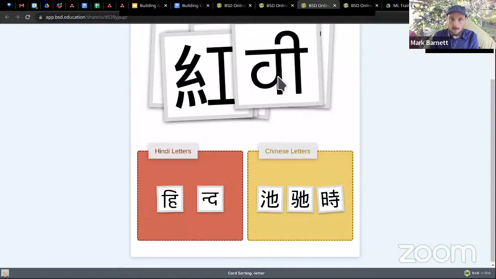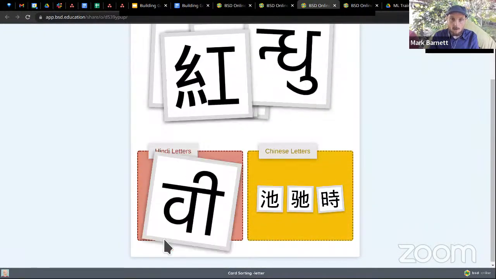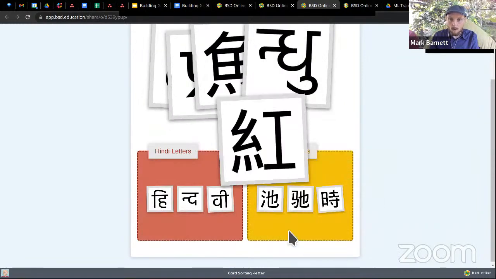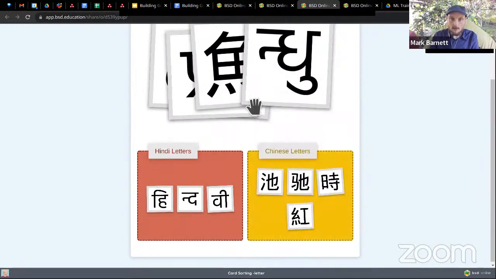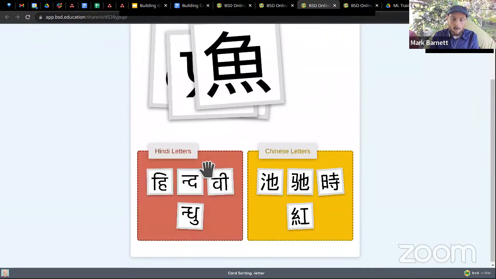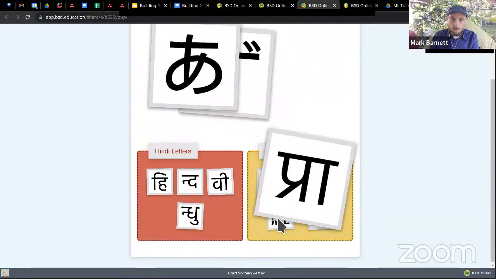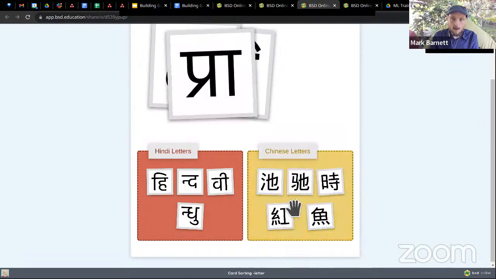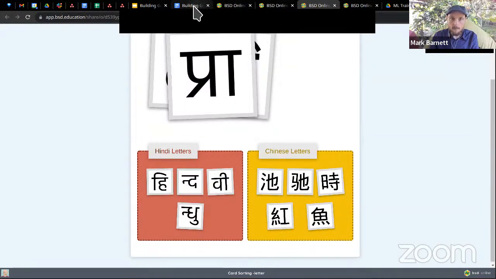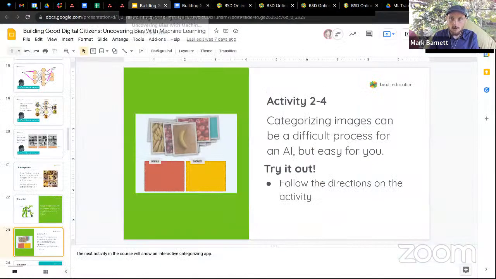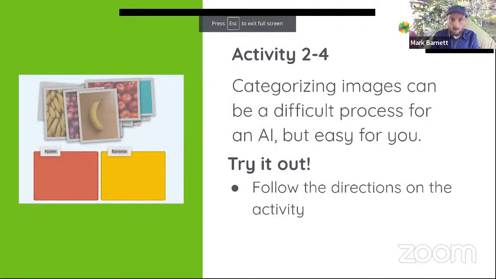So when you go through this activity, you start to categorize these things, and you're starting to think about how does my brain categorize these things, and how do I know, even if I've never seen these types of letters before, where is my brain getting that information from? So really, we start to look for patterns. We start to extrapolate how things might be connected. I'll let you guys finish that activity on your own time. But the goal is just to try something that you haven't categorized before and see how that works.